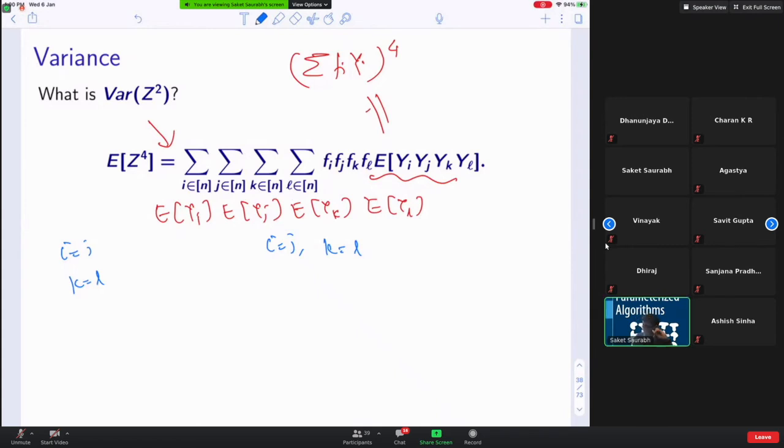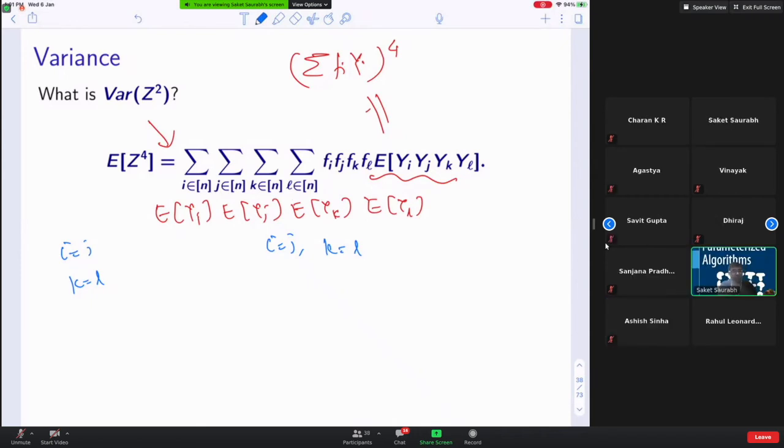It is the expectation of Y_i squared times the expectation of Y_l squared, which behave very differently. But of course you can write down this, because Y_i is not independent from Y_i itself. Y_i squared is not independent of Y_i. So I cannot write it as a product. For independence, i, j, k, l should be different entities: i is not equal to j, j not equal to k.